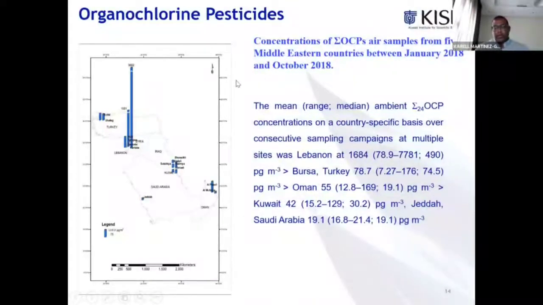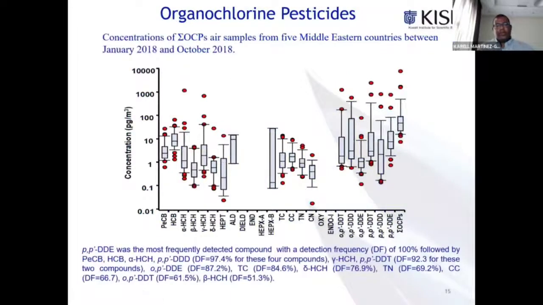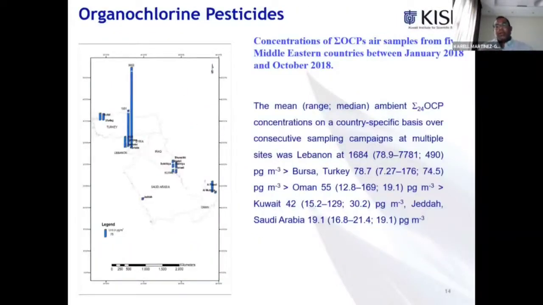So the OCPs, let me show this first and then the other one. We cover a wide range of them: pentachlorobenzene, hexachlorobenzene, lindanes, the heptachlors, cis-chlordane, trans-chlordane, oxychlordane, the DDTs and the endosulfans. I mean, most of the ones that are listed in the Stockholm Convention, and